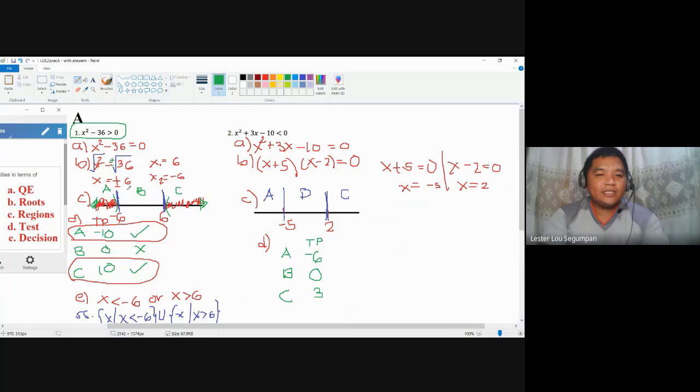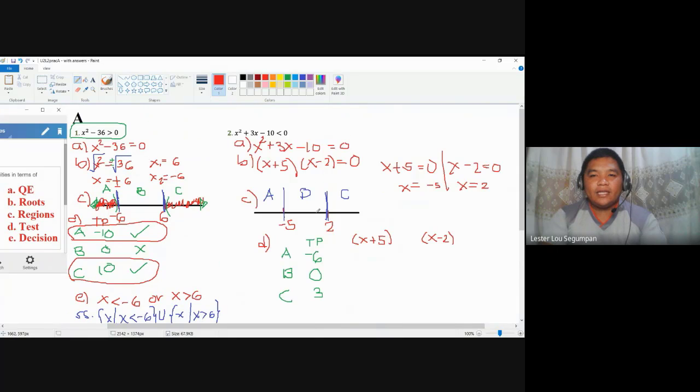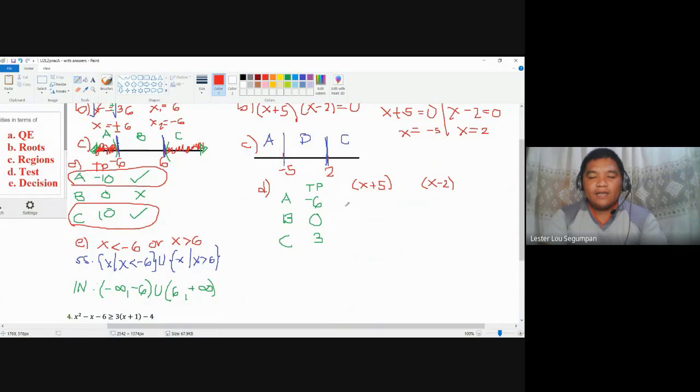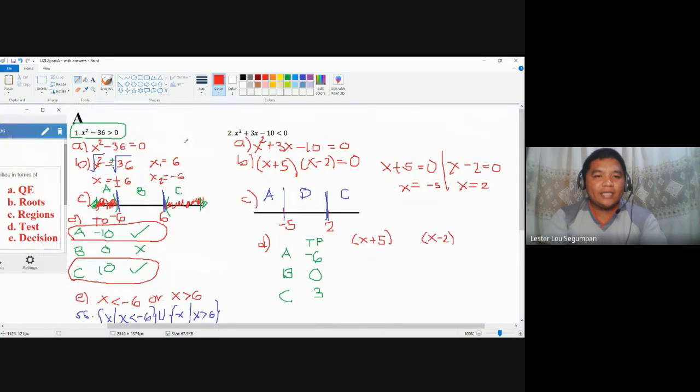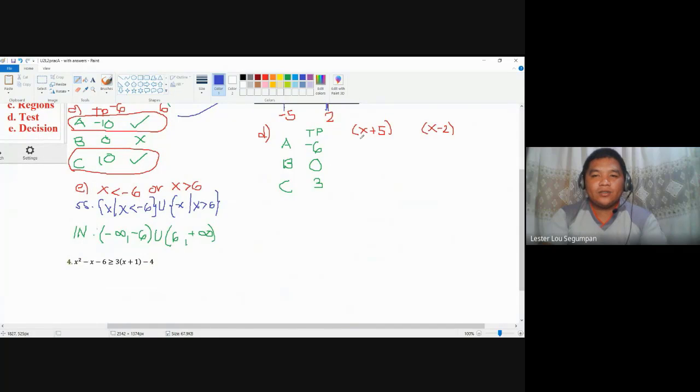Earlier, we automatically substituted in the given. But here, let us try to determine if using the two factors will satisfy the equation. So this is a difference. Here, replace the first factor, x plus 5, and the second factor, x minus 2, and simply substitute the test points here, not in the given. Earlier we substituted in the given. Here, you may not look at the given first. Simply substitute it in either of these two factors and just tell me the sign.